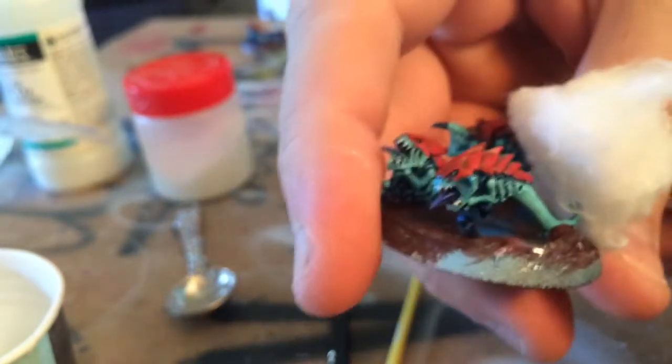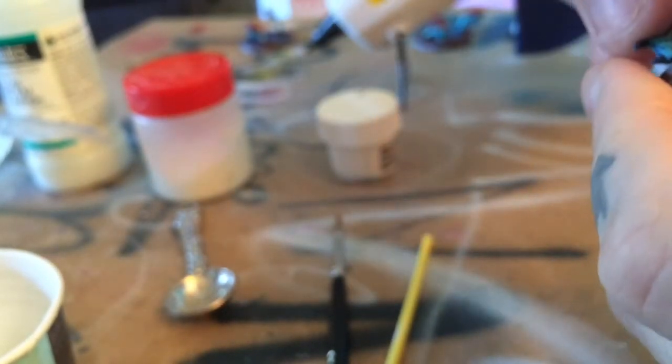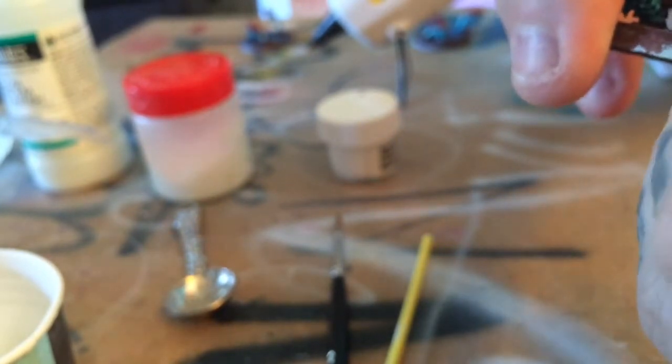Then I'll figure out from here, by looking at this, where do I want to go with it? What do I want to do? Well, I want to bury most of these guys. So I'll add a little glue on this side, and then I'll pull it around, and then press it down. And I'll just keep doing that